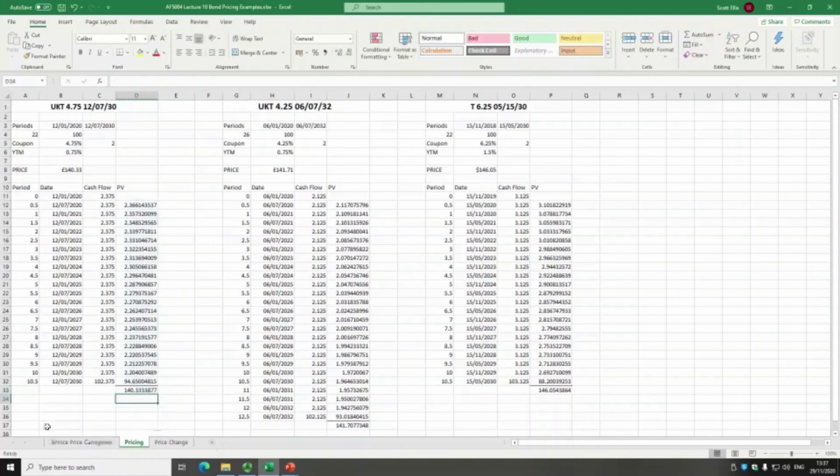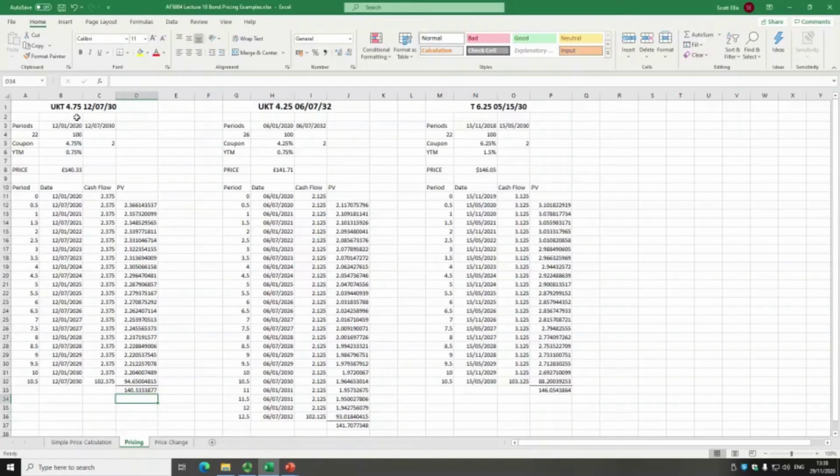And then this suggests that if you were to buy this bond at the start of the year, the market price of the bond should actually be £140.33. Now that doesn't surprise me. You're probably thinking, well, that's quite high because all you get is £100 at the end of it in 10 years' time. But if you look at the coupon's